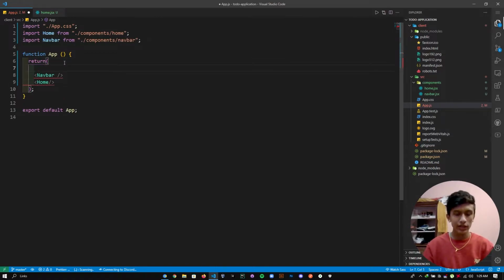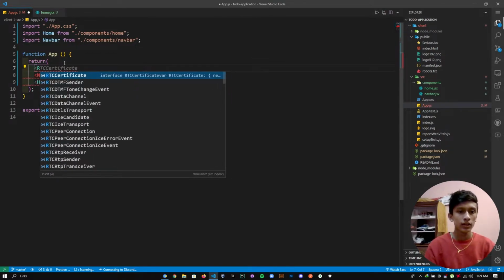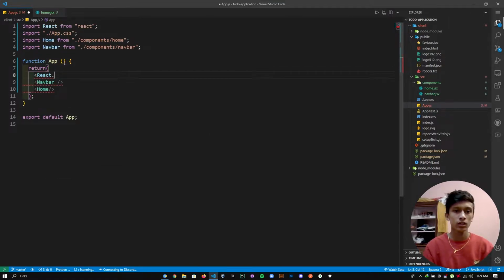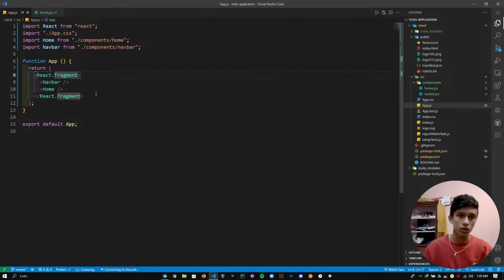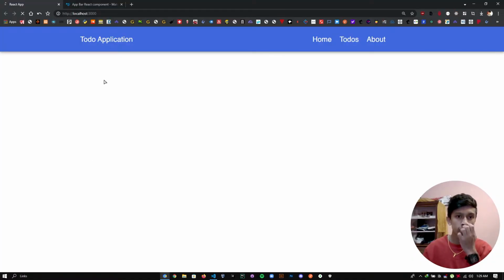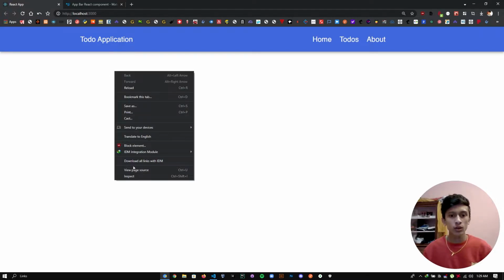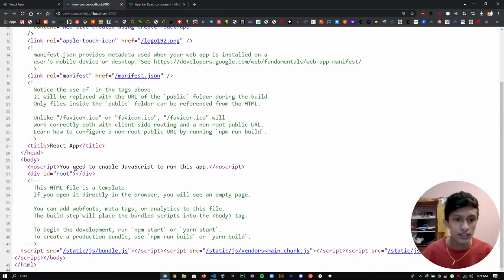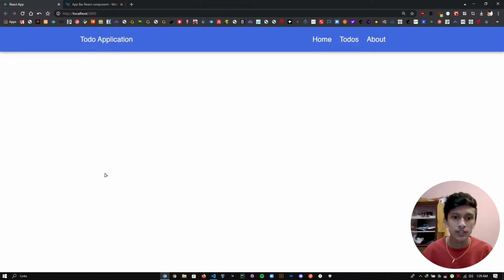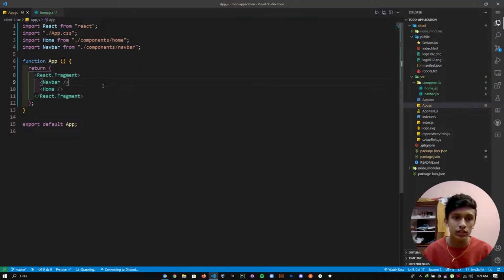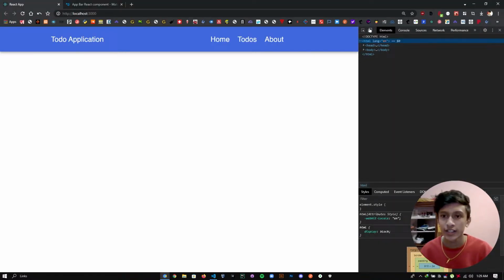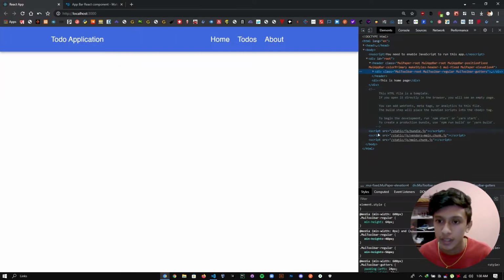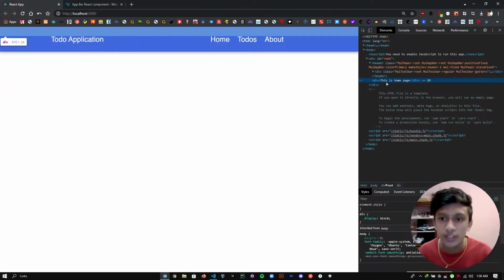Okay, so to do so you can use React fragments. React.Fragment, you can do this, and let's make this fragment go down, and if you save, it is going to work. Okay, so if you go to the browser now and reload, if you inspect this, I have that, home. Okay, so when we were returning the div, this is home page, it is currently in here, but we are not seeing that because